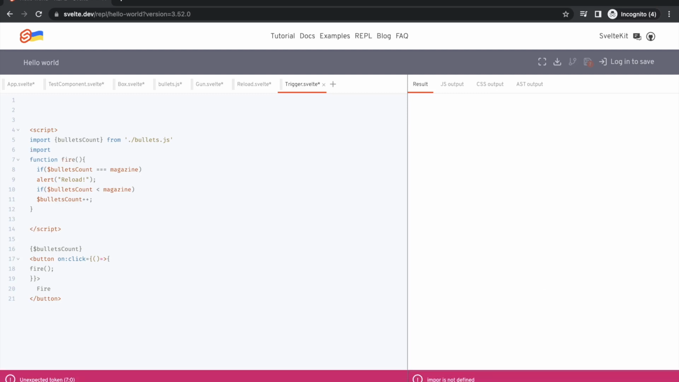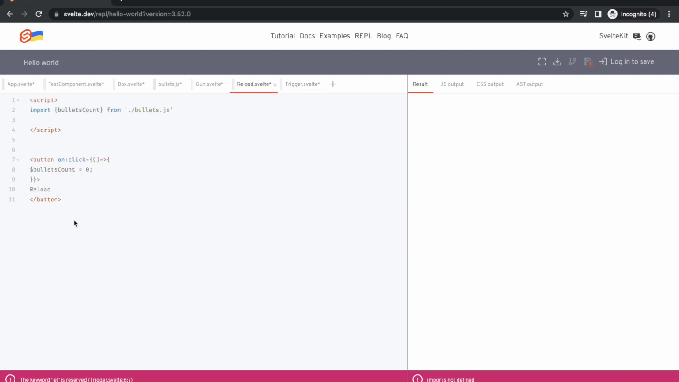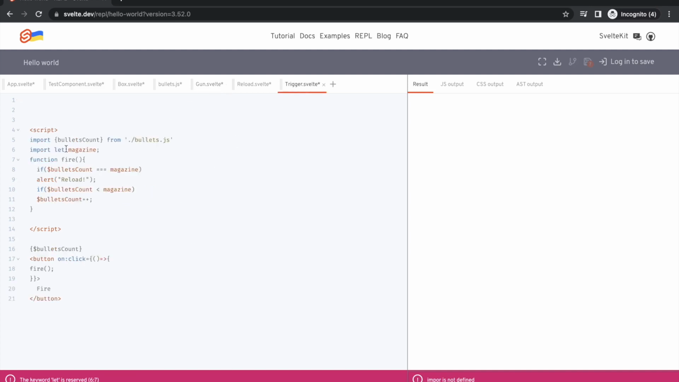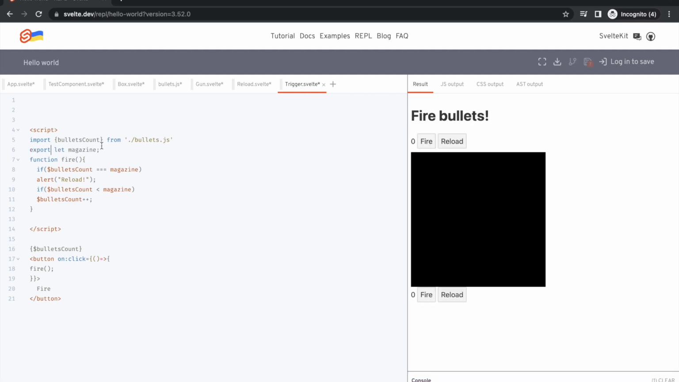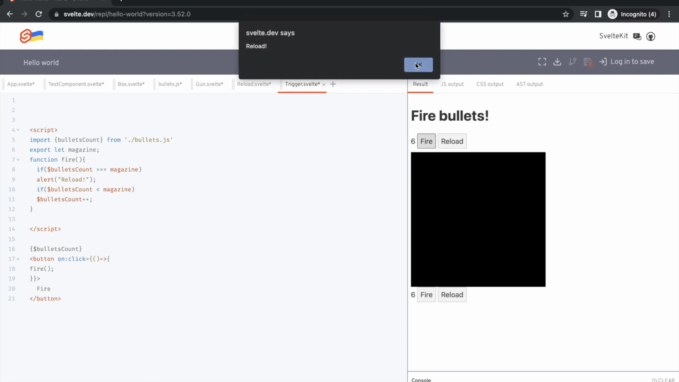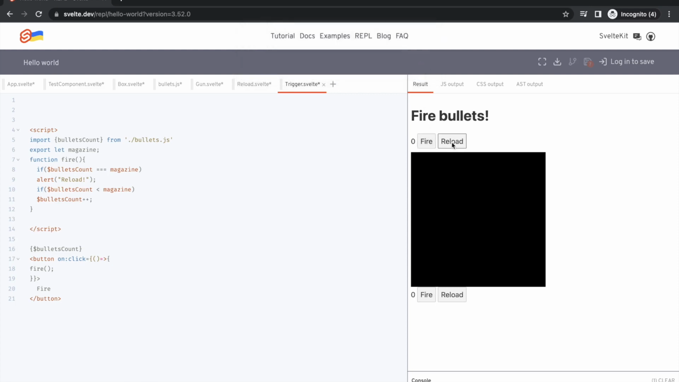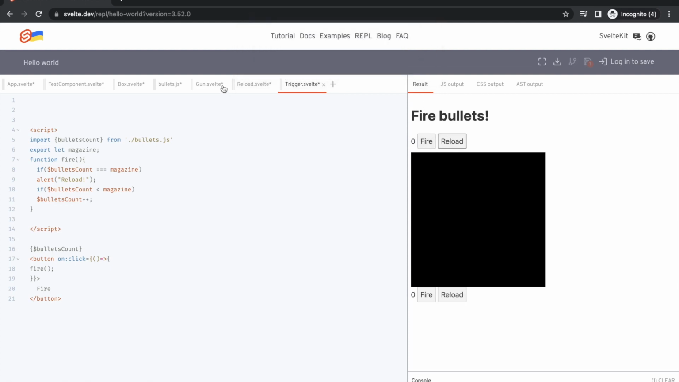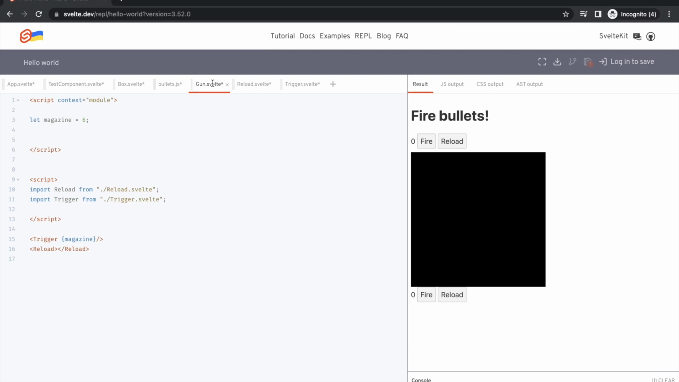Import let magazine, and we should pass magazine in the gun. Sorry, export let magazine. Okay. Reload, fire, reload. So this way,